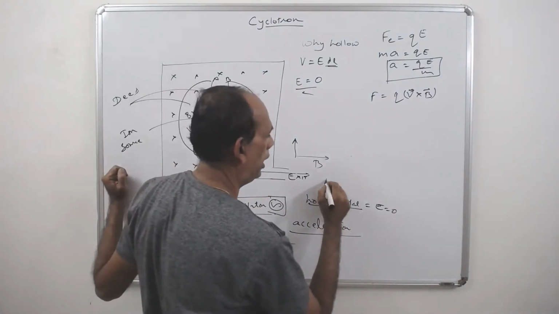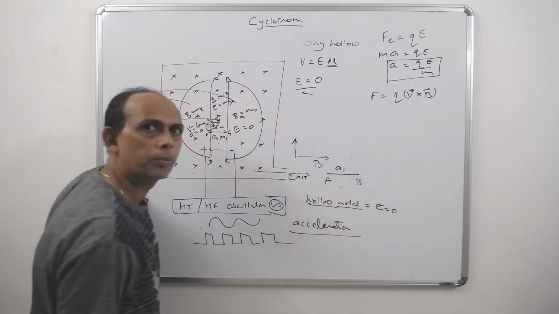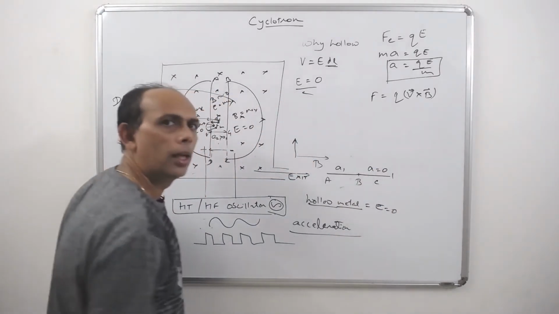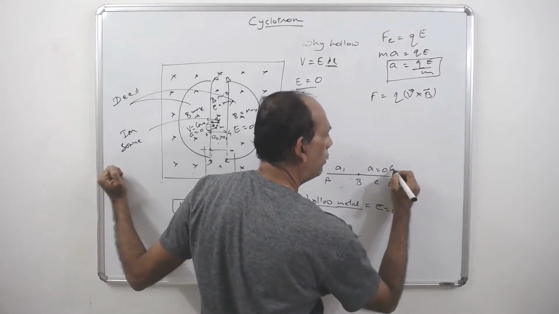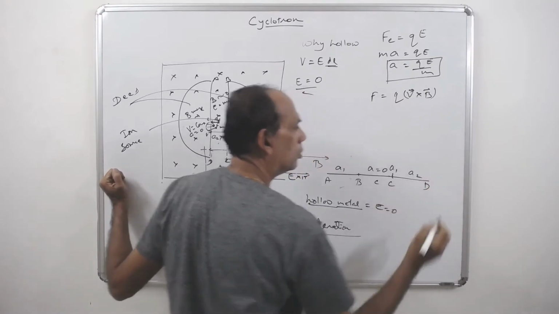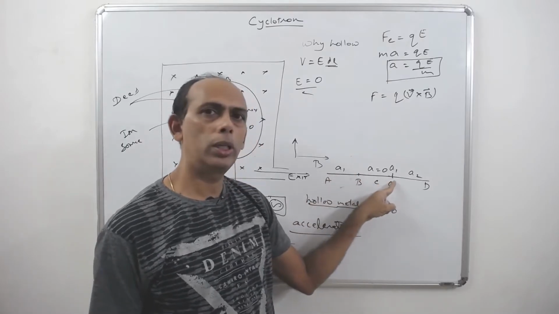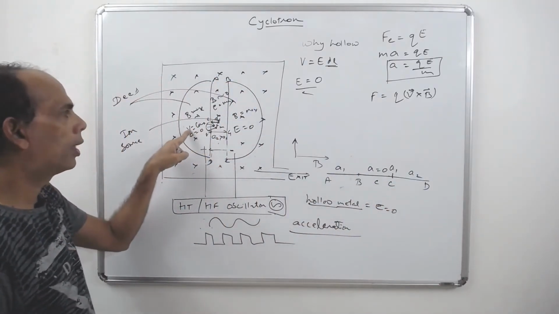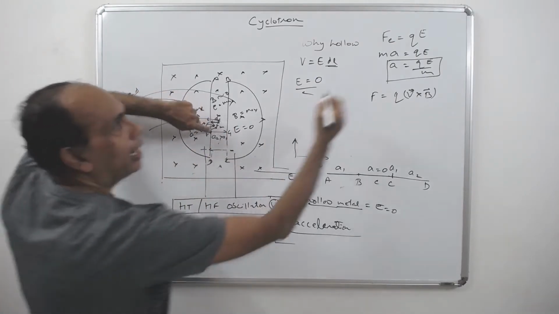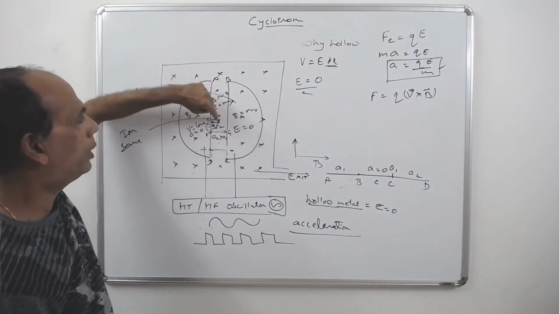See, you are going from A to B with a particular acceleration. B to C you are going with acceleration equal to 0. That means at C you have acceleration a1. Now from C to D you are going with acceleration a2. So here you already have the acceleration a1, because the same acceleration you brought over here, you have not increased it because your velocity is 0. So the same acceleration a1 has come over here. Here it is again accelerated, and it goes at G with higher acceleration compared to before.